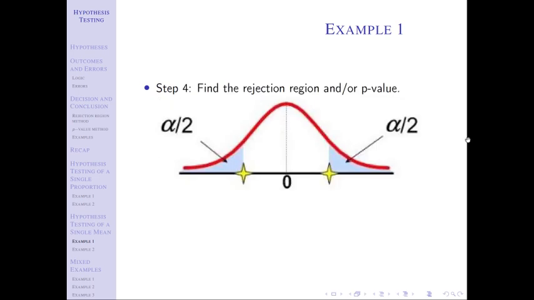This problem is a little bit different than the ones we had in the last video though, because we're given a significance level, and specifically we're given one that's not 0.05. And so because our significance level is 0.1, when we cut 0.1 in half, we get 0.05 in each tail. So that's what you should write. Right here, this would be 0.05, this would be 0.05.